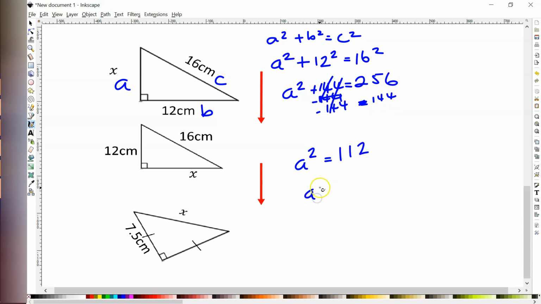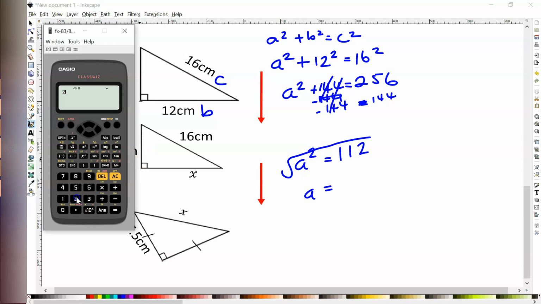The square root of 112, when we square root everything, is going to give us, if we get a calculator, let's double check, 256 minus 144 is indeed 112, and the square root of that